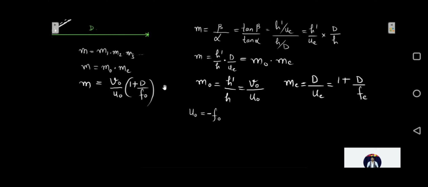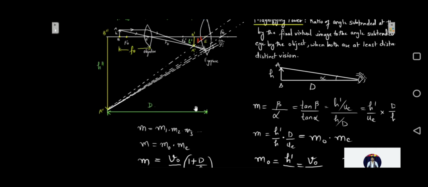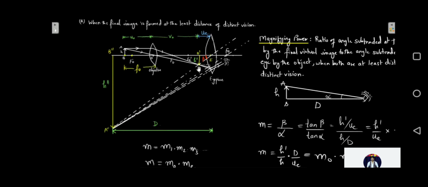And if you look at the image which is formed, as I told you initially, the image which is formed over here is very much close to the eyepiece, because the image which is formed by the objective falls within the focal length of the eyepiece, and the focal length of the eyepiece is very short. So we can consider that this image is very close to the eyepiece, and this image distance, that is v naught, can be considered as the tube length of the microscope.